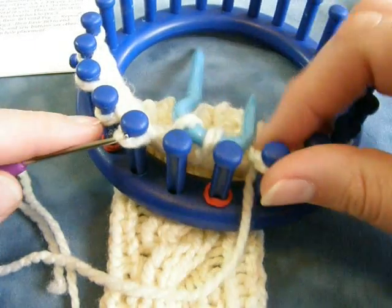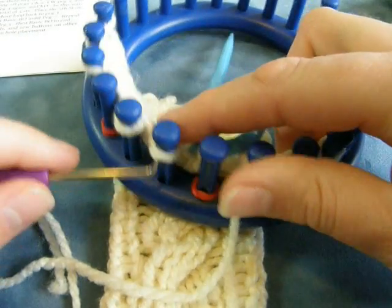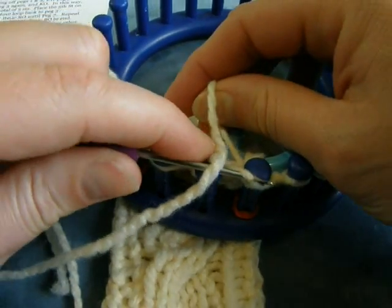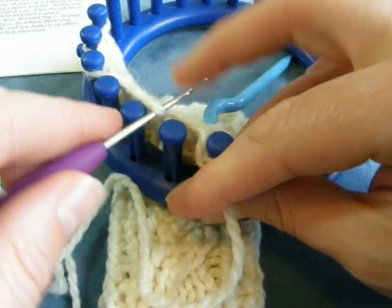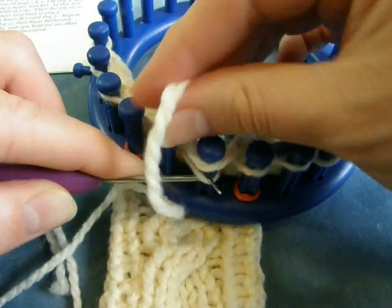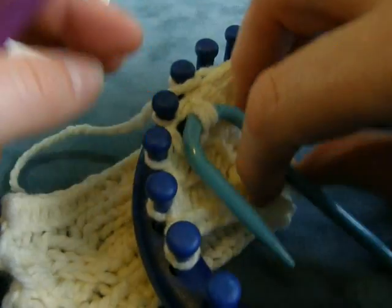Now we're going to walk over those stitches, moving the tension over as we go, and as soon as you get it in the right position, wrap your working yarn and knit it off. Just like that. And then right there, we're going to turn around to the inside of the loom,